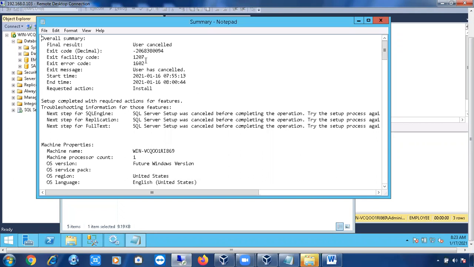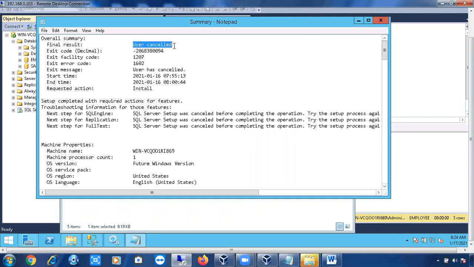You can see here, right? This is the summary file that belongs to the last installation. What I did is, yesterday I tried to install one server. I just tried to show that Windows authentication screen, and I cancelled the installation in the middle. Every time you open a setup file, it automatically creates a summary.txt file. If you cancel in the middle of the installation, it will simply register that the user cancelled the installation.